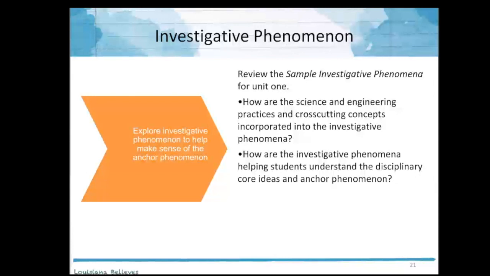Moving on to the next step. After you have developed questions and next steps, the next step is for students to explore the investigative phenomenon. Students should explore the investigative phenomenon using the science and engineering practices and cross-cutting concepts. What's important here is that as a teacher, you are not standing in front of students and doing a lot of direct instruction. But instead, students are doing the heavy lifting in class